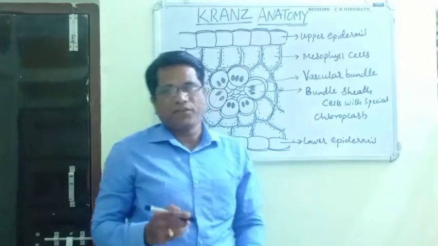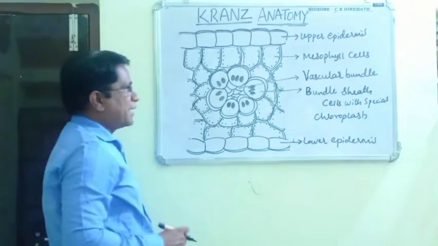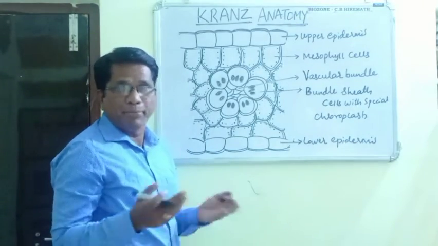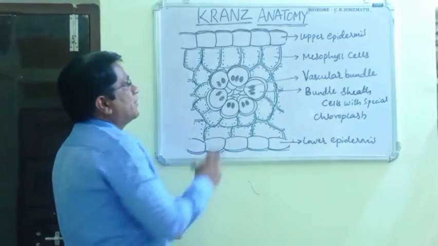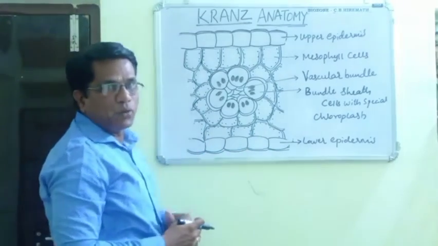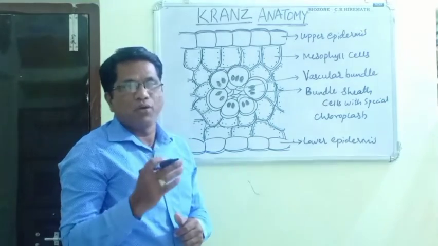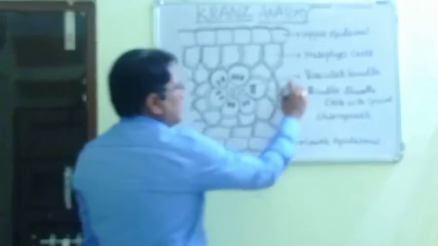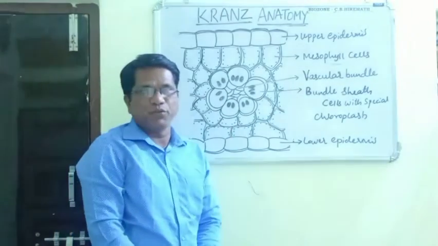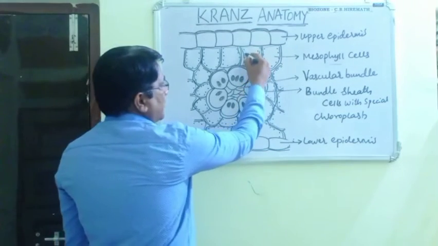Let us discuss the internal structure of C4 leaves with this diagram. This is the anatomy of a C4 leaf. It may be a sugarcane or maize plant leaf. You are observing the upper epidermis and lower epidermis. In between them, you will see a ground tissue called mesophyll. The mesophyll cells contain chloroplastids, and these are the chloroplastids